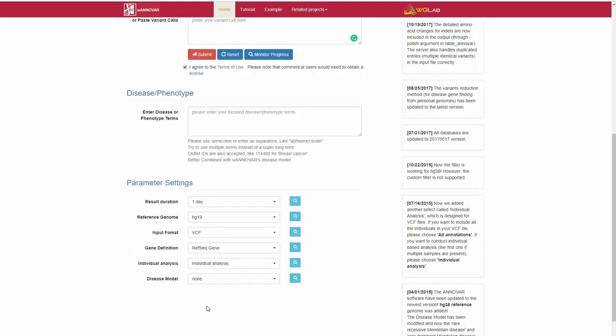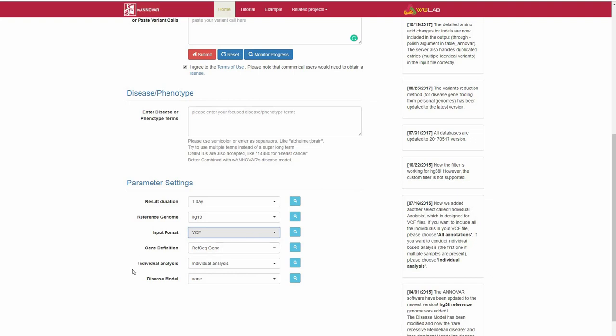An important step here is to appropriately fill in the annotation parameters. As we noted earlier, our dummy VCF file was generated using Human Genome version hg19, so we would select the same here. The input format is VCF.